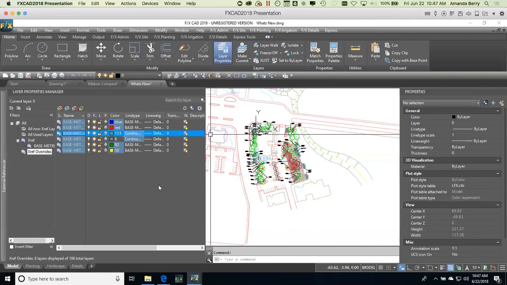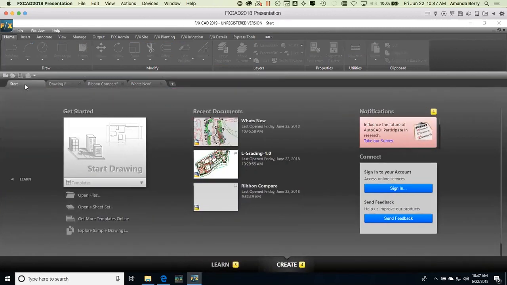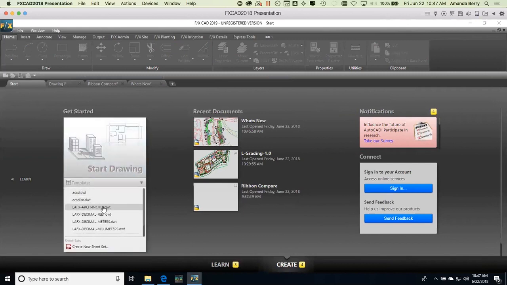But beyond that, we also did one other really big thing, which is if you go into your start menu when you install FX Cad 2019, and this is 2019 only, you're going to see in here some LAFX templates. And that will be if you start a new drawing as well. This is your new templates folder. You just have your straight